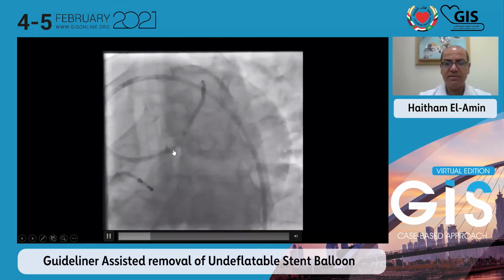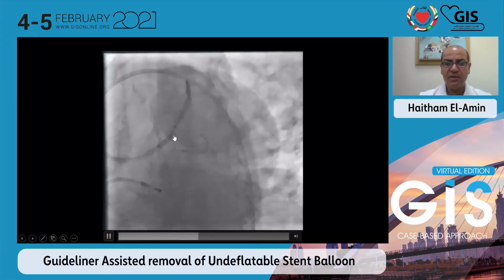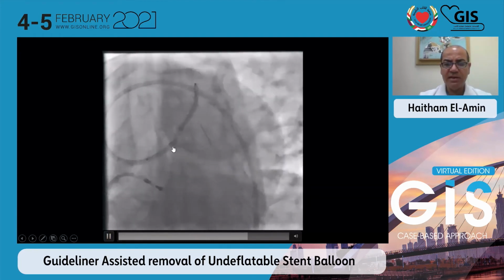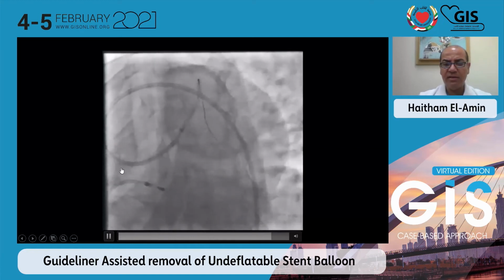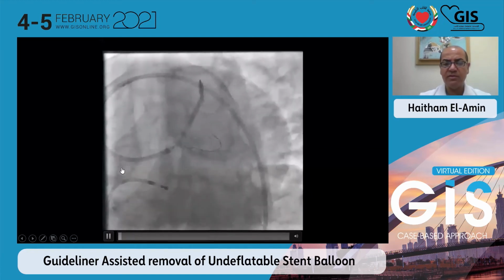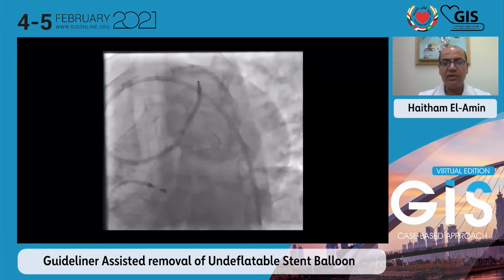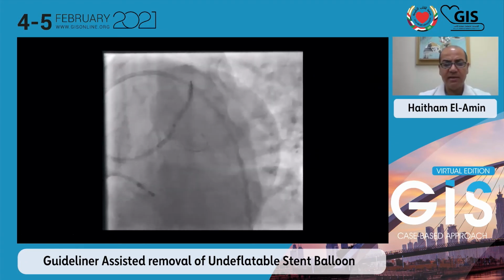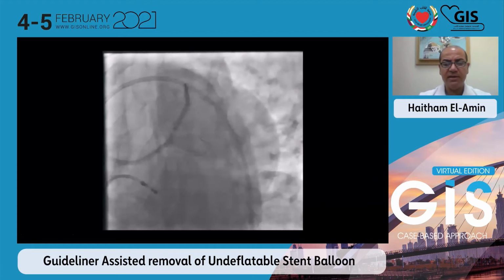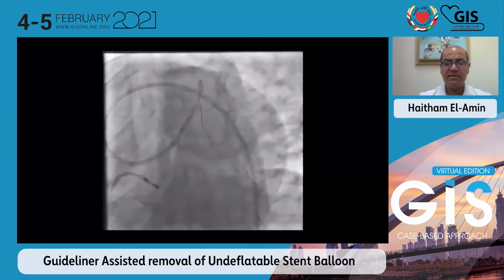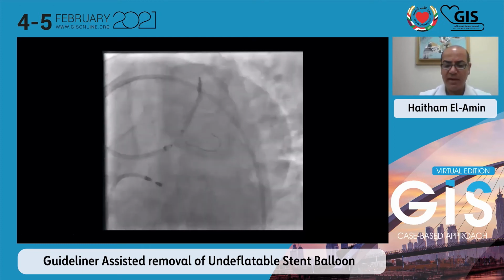So this is the proximal balloon marker. That's the guideliner. This is the stent. We're keeping the guideliner in place, stabilizing the guide, and pulling out the balloon, and we were able to actually do that. Let's just run one last time. So the only way to actually get the guideliner there is to cut the distal hub and then just be able to place the guideliner on the stent catheter and wire and bring it all the way up to the